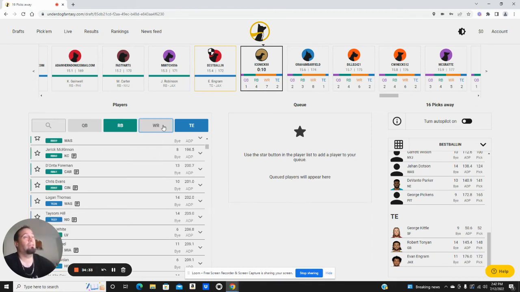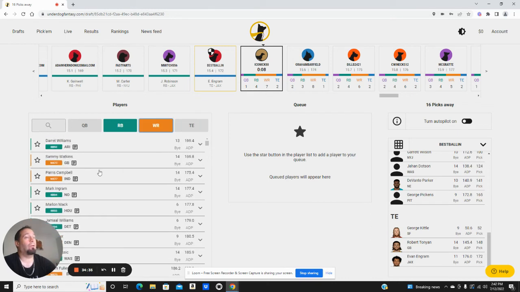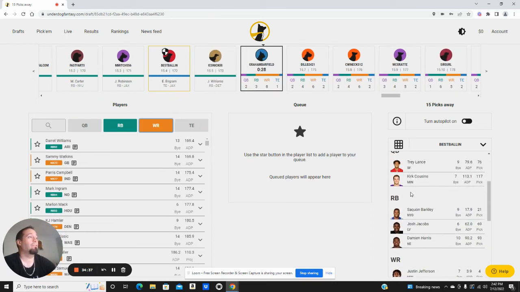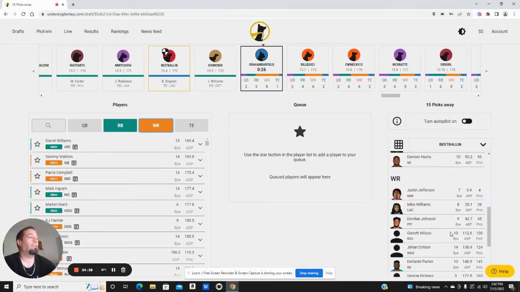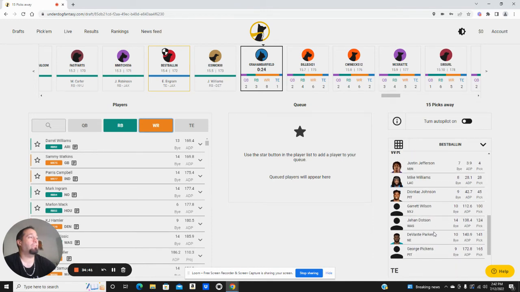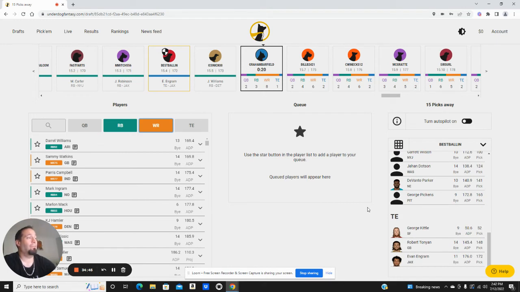But I think we were going to get to a point where basically we would have the four running backs I kind of wanted to go with and nine wide receivers. And I would just be looking for somebody with upside at whatever position happened to be the best upside guy. So I took that a little bit early because I didn't like anything on the board except for Evan Ingram. So pretty interesting little tight end group there.